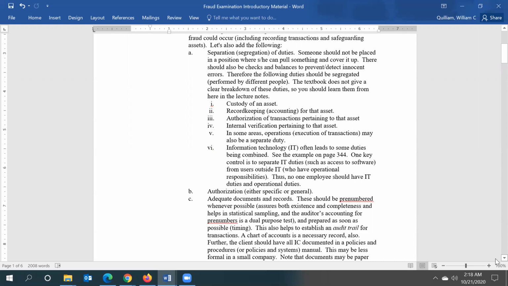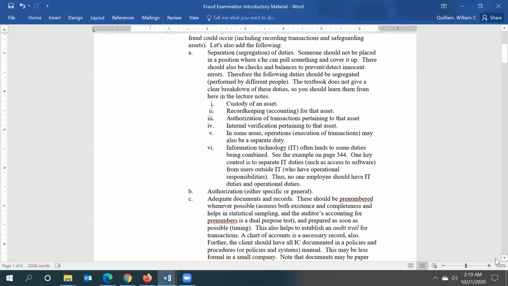So as you can guess, fraud is intentional. Most things that occur in business are actually unintentional. Nobody meant to make a posting error, a mathematical error, or whatever it may be. Well, anyway, the following duties should be segregated or performed by different people. And the textbook didn't give a very clear breakdown. I do. So one thing that should be segregated, custody of an asset, such as the treasurer of the organization